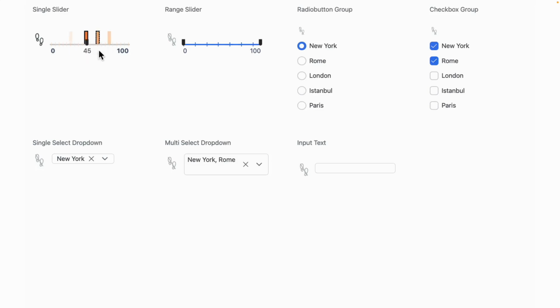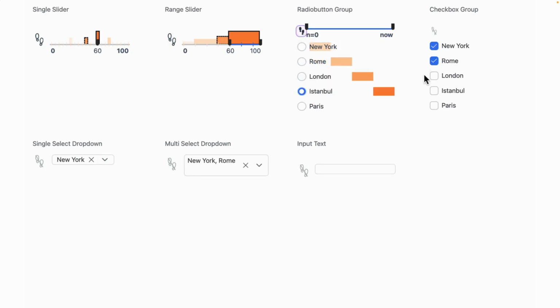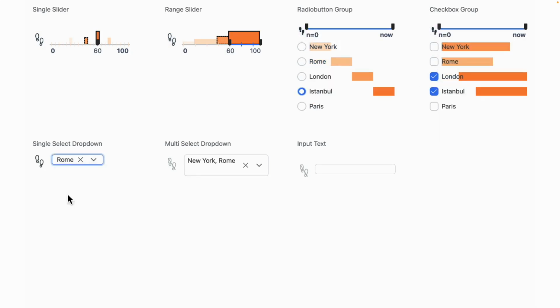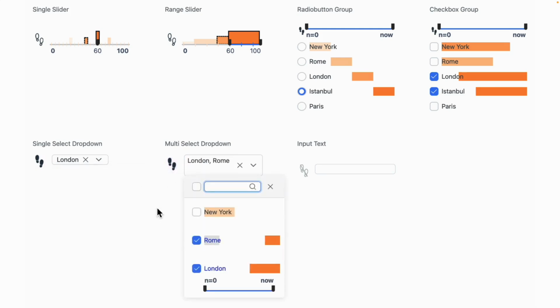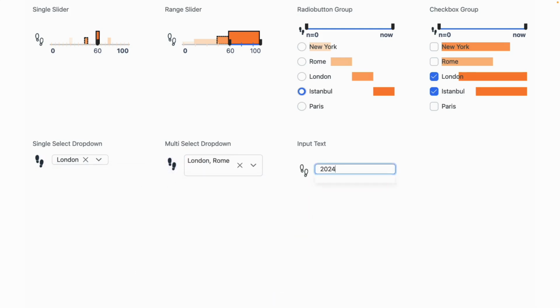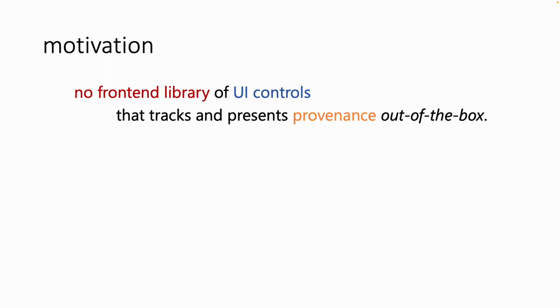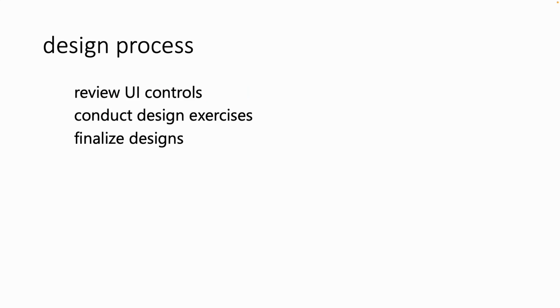All in all, we developed such provenance overlays for single sliders, rain sliders, radio buttons, checkbox groups, single selects, multi-selects, and input text. Our motivation was that there is currently no front-end library of UI controls that tracks and presents such provenance information out of the box. So we followed a three-step design process wherein we reviewed different UI controls, conducted design exercises